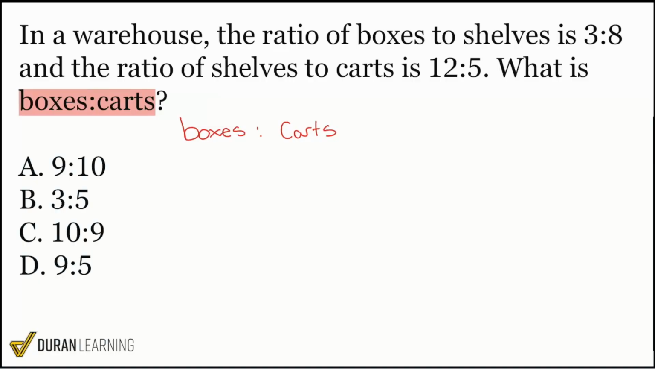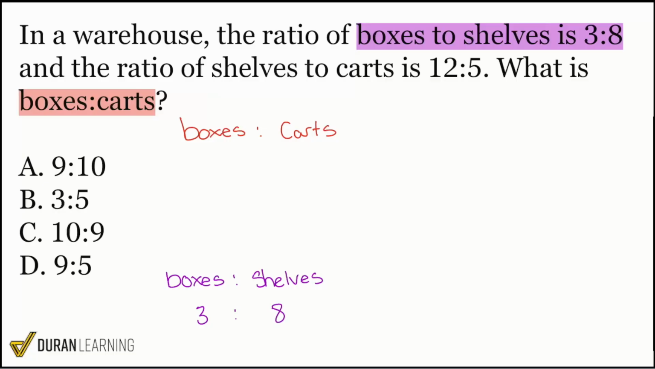So here's the problem. The problem is, well, the ratio that we're given is the ratio of boxes to shelves first. That's a little bit of an issue. Right here, boxes to shelves, 3 to 8. So I'll write boxes to shelves. That's going to be 3 to 8. And then over here in blue, I'm going to see that the ratio of shelves to carts, like this,